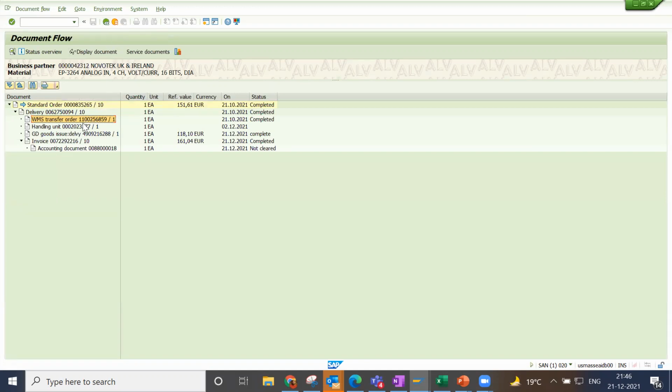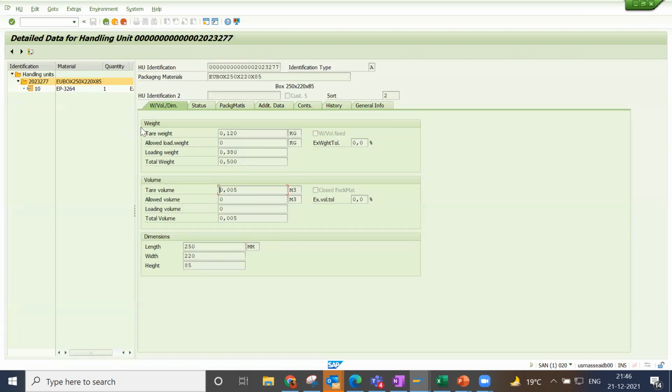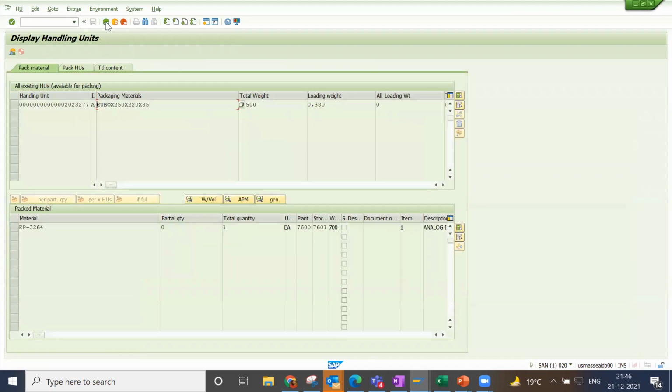After the transfer order is posted, we have the process called handling units. Here we do the packing. See here the data, the complete data, the tare weight, allowed weight. These are all data which is directly copied from the material master. Here, this is where we do the packing.